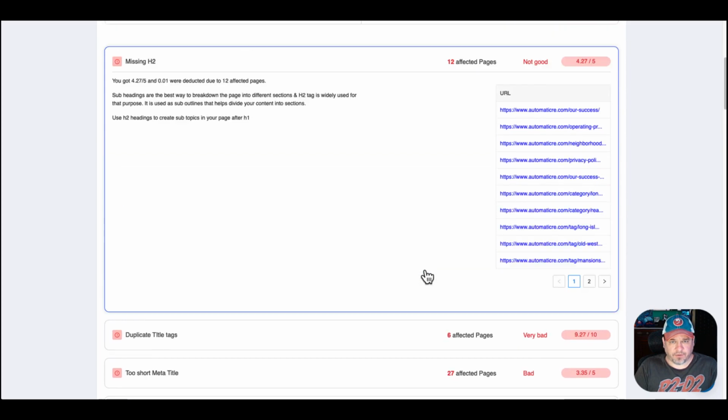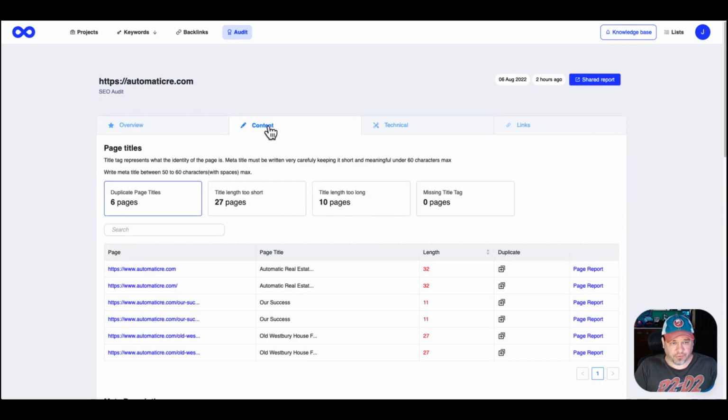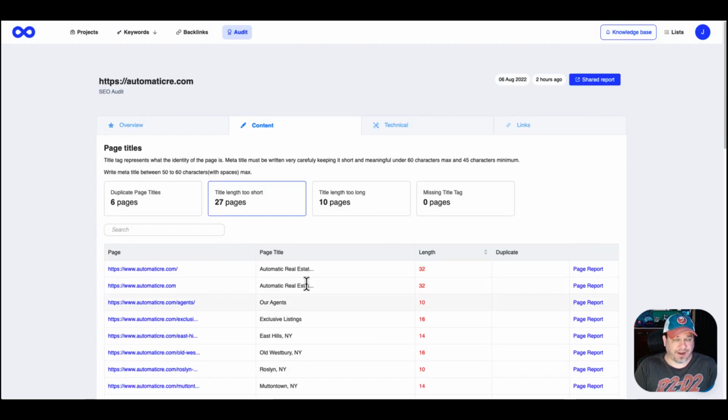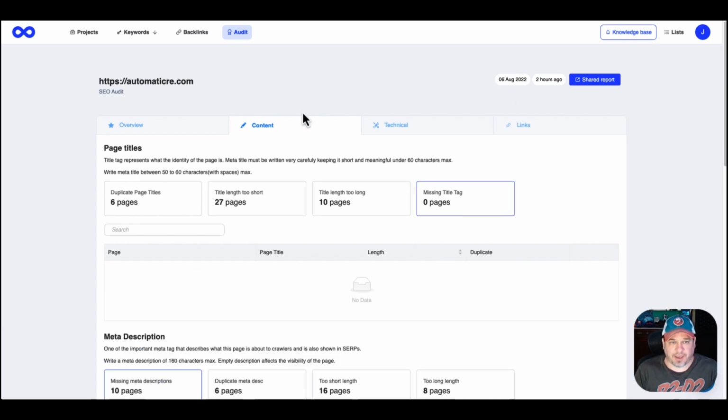So Brand Overflow really gives you a well-rounded tool. He's really improved a lot of things on the platform. Page title, we got duplicate page titles here. Title length too short. This alone, the audit tool on any of these platforms is really great. You cannot have enough audit tools because one tool will find something, the other tool will find more. But I like that. Well, I was surprised that Brand Overflow gave the audit feature that was so deep where